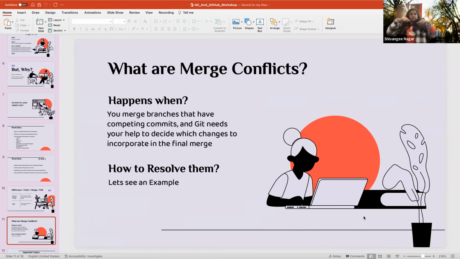Here, Git is not smart enough to make its own decision about which code to take. So Git needs your manual help to decide which changes to incorporate in the final merge when you're making a final file to be deployed. Git needs this manual effort from you to recognize which is the right code. So we need to resolve them manually.